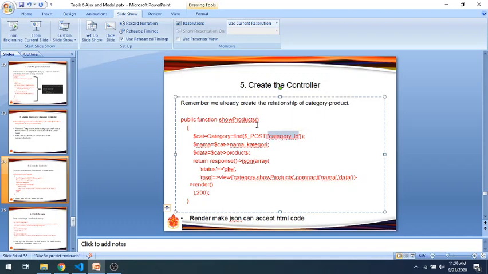We can use the find method. It will be like finding the record with the ID like this one.